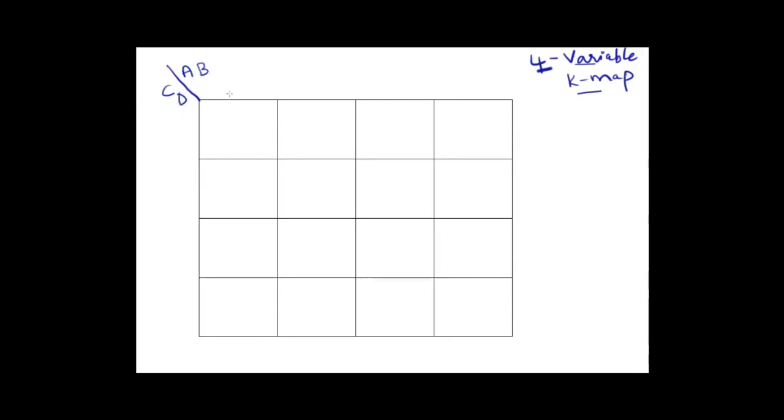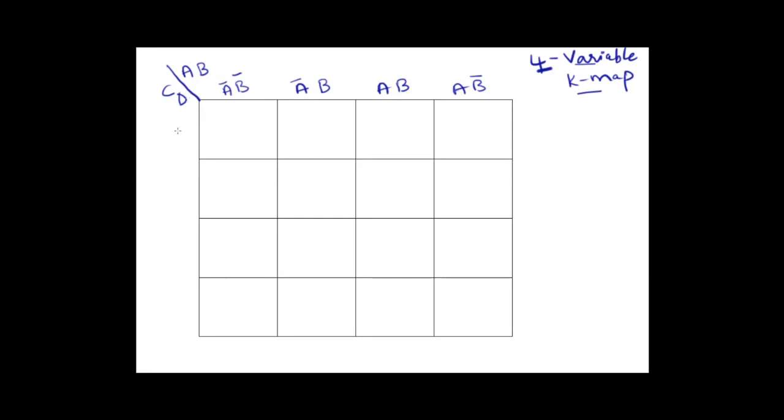So if I have 2 variables, this can be A bar B bar, A bar B, A B, A B bar. Once you see the 2 variable and 3 variable K-map, the 4 variable K-map will be very easy. So if you have 2 variables, you need to write this because of the 1 bit difference.